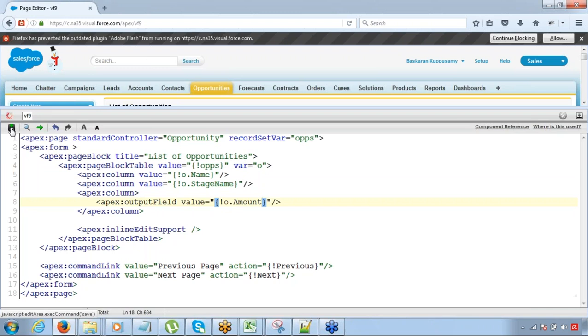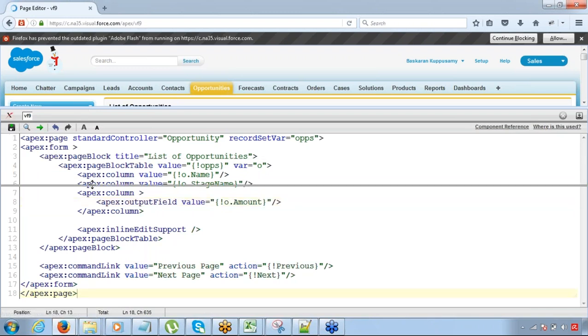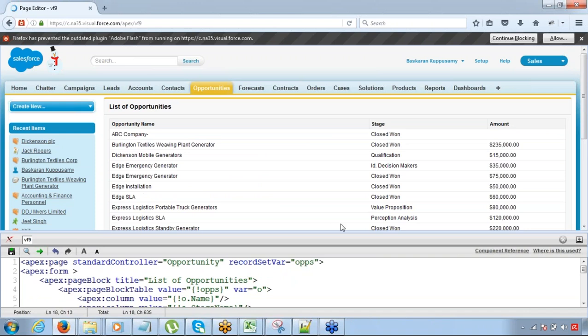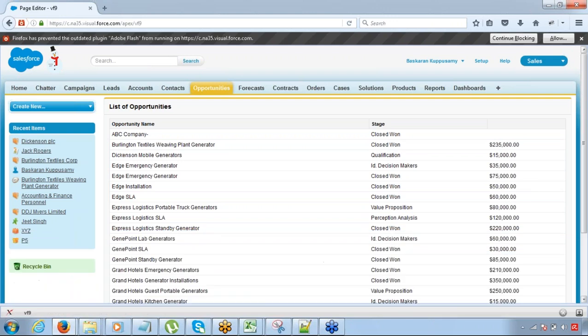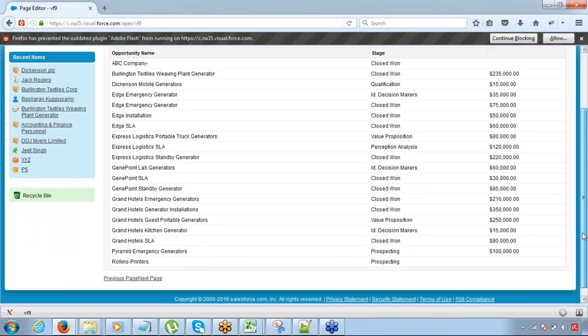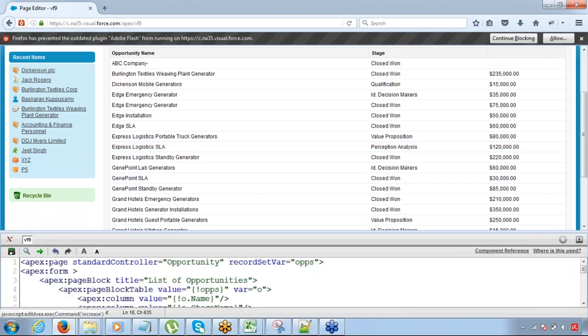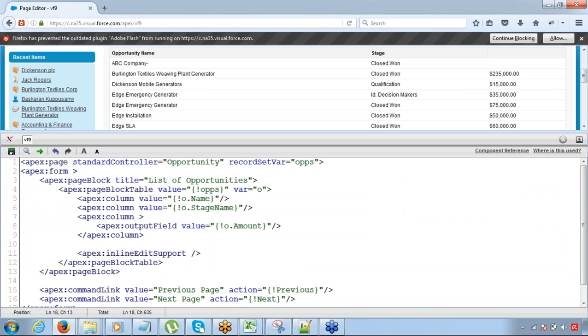Save it. Okay. See, output field component displays the data and it displays it in the read-only format. Now I should be able to use inline edit support in this. So inline edit support needs to be inserted inside the output field component,